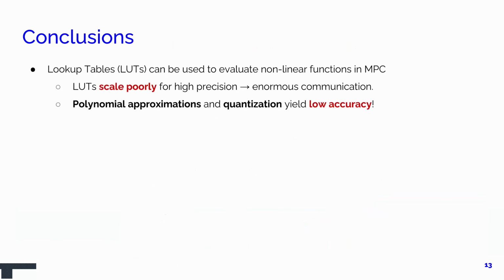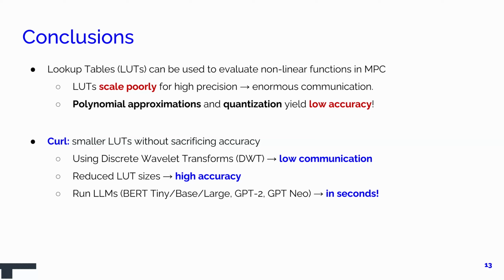Lastly, to wrap up, lookup tables are very important, and they have enabled a lot of different applications in privacy-preserved machine learning and in MPC. One of the problems is that to actually get really good approximations, we need to use very big lookup tables. So here we used discrete wavelet transforms to make these lookup tables smaller, while achieving high accuracy and at the same time lowering the communication, which in effect makes the whole